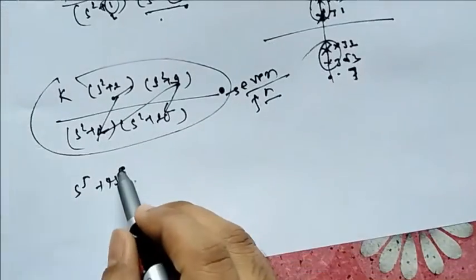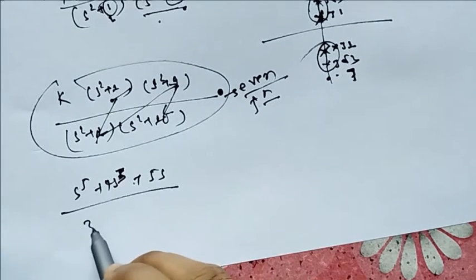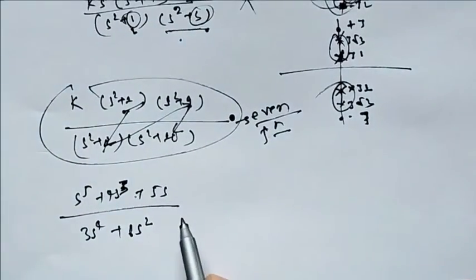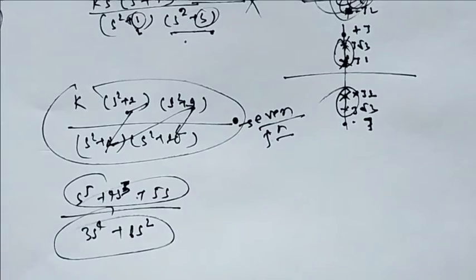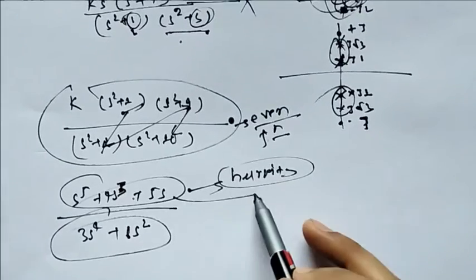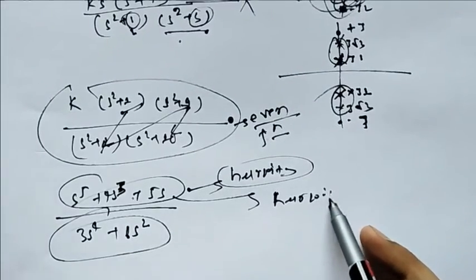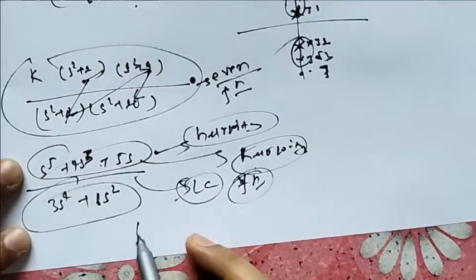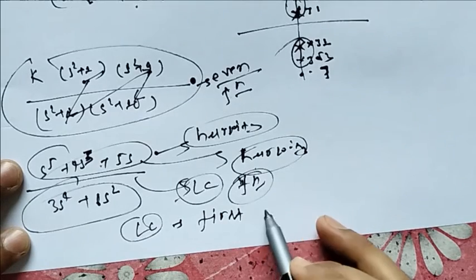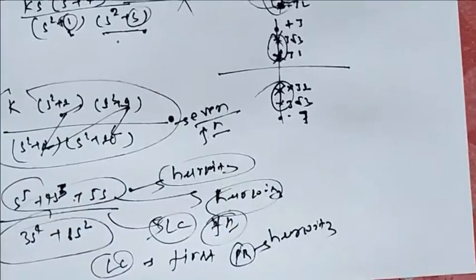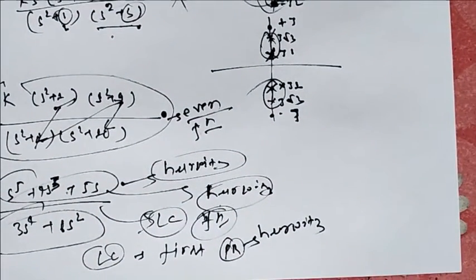Now checking the third function, (s^5 plus 4s^3 plus 5s) by (3s^4 plus 6s square). Here we cannot see where the poles or zeros are. First what we will check is Hurwitz. When you check this polynomial, this is not Hurwitz. When N(s) or D(s) is not Hurwitz, then we cannot say this is an LC function. For checking an LC function, we must first check whether the function is PR or not, and before checking PR, it must be Hurwitz. Then only will we check all three conditions. So these are the conditions of LC.